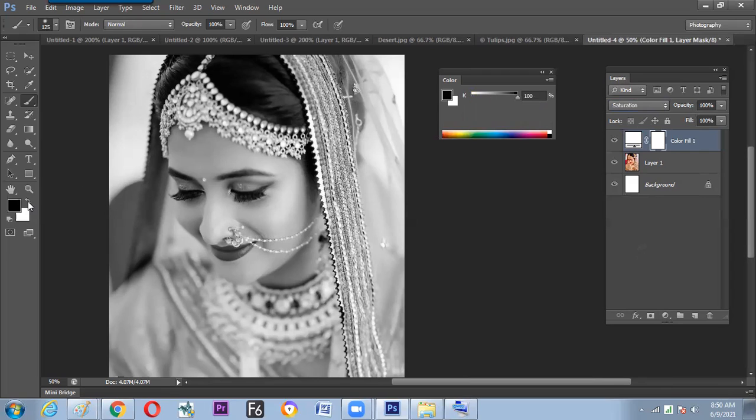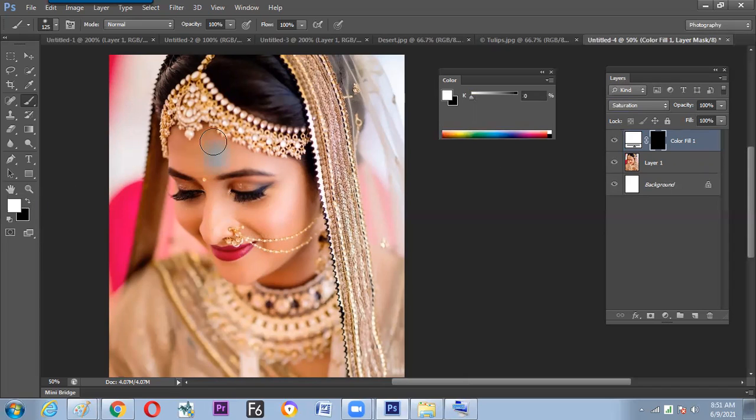Why? To get the original image back, because the mask makes us show and hide, and the blend mode on top is making it black and white. Turn this into black color. So what happened? Everything is visible because nothing is reacting on the screen. Now start painting on the matte with the white color.